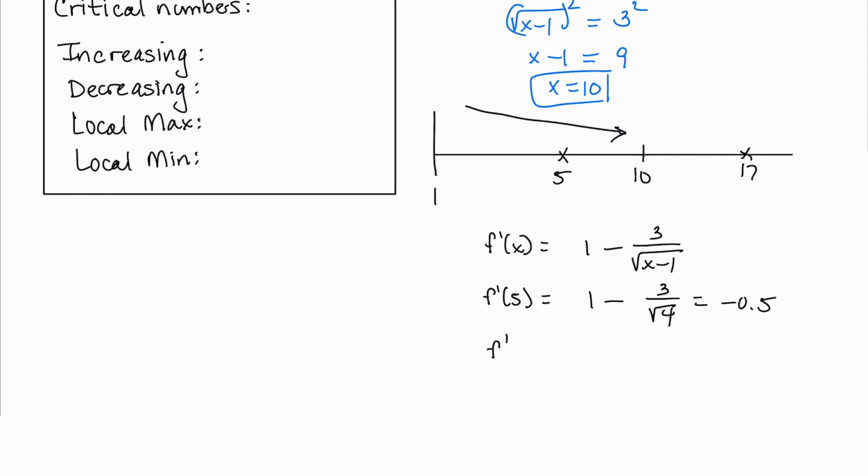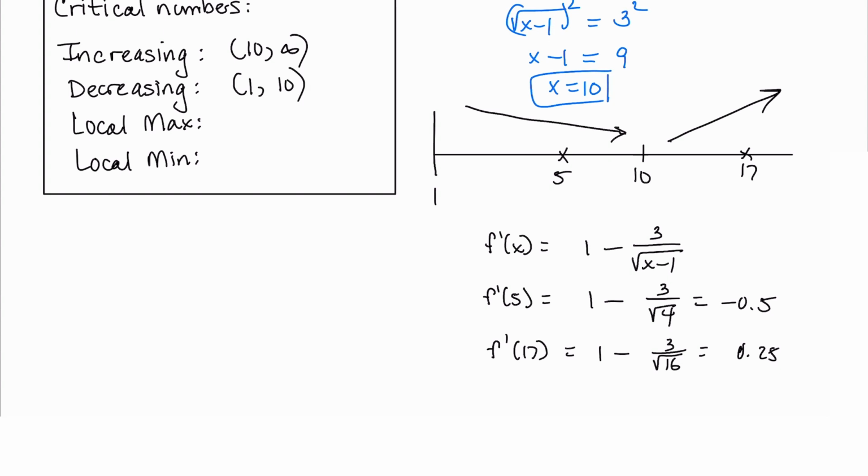And then at 17, we have 1 minus 3 over square root of 16, which is 1 minus 3/4, which is 0.25, which means we're increasing. Positive derivative means increasing, negative derivative means decreasing. So that means that this function is increasing on the interval 10 to infinity, and it's decreasing on the interval